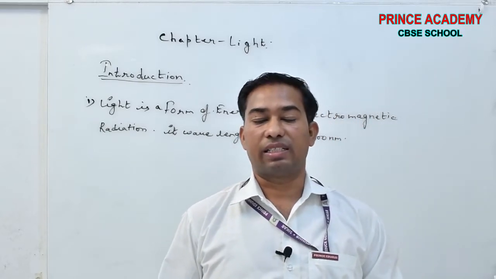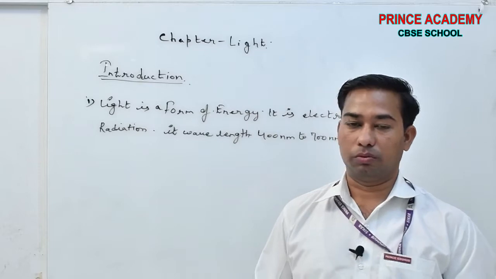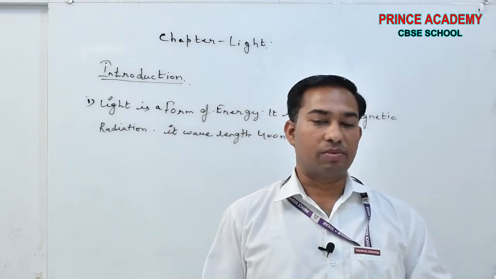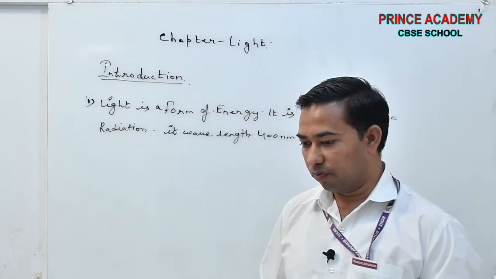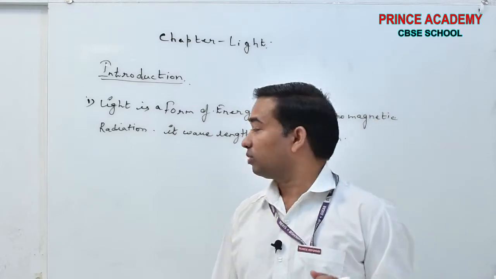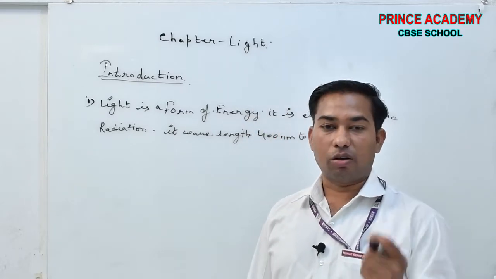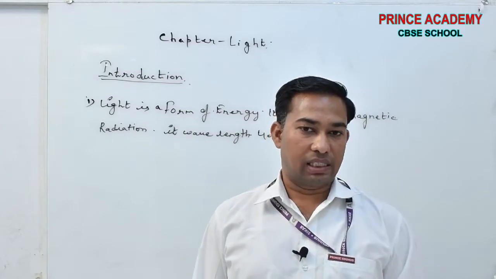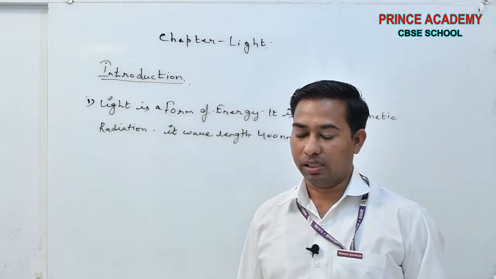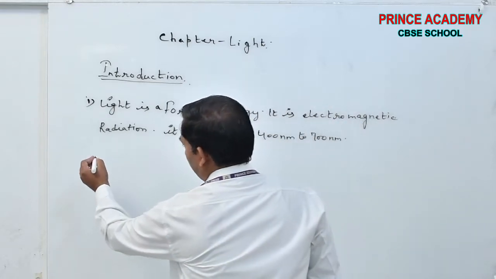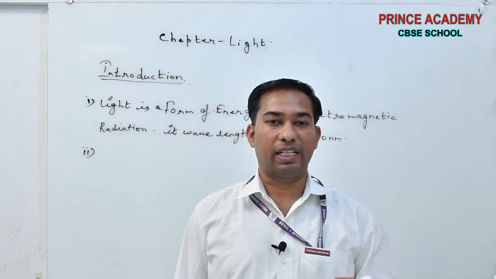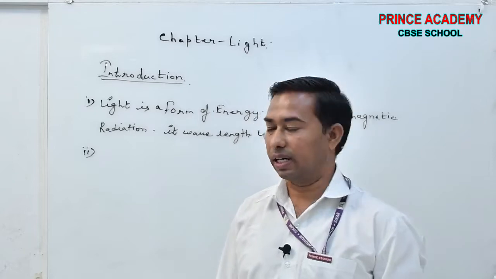As per the previous classes, the 6th, 7th and 8th class, we know that light makes an object visible. How can you see any object? It is possible when the object is illuminated by a light itself or by another source of light. It means any object which is visible to us by its own light or by any other source of light